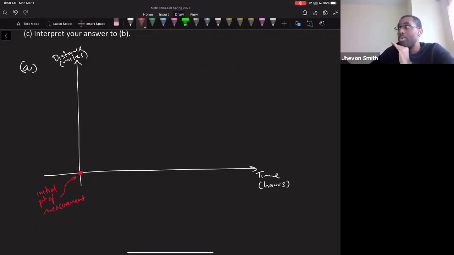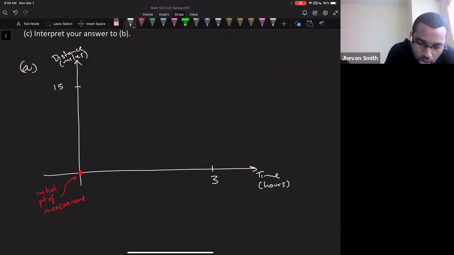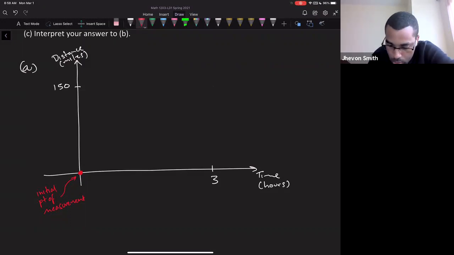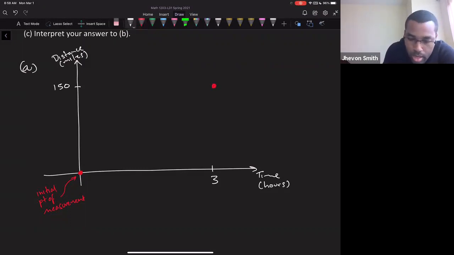So now we're just watching it, right? And here's what we notice. After watching it for 3 hours, we noticed that it ended up covering a distance of 150 miles. So there came a point where the object was over here, right? So the distance was that, right? So when time was 3,